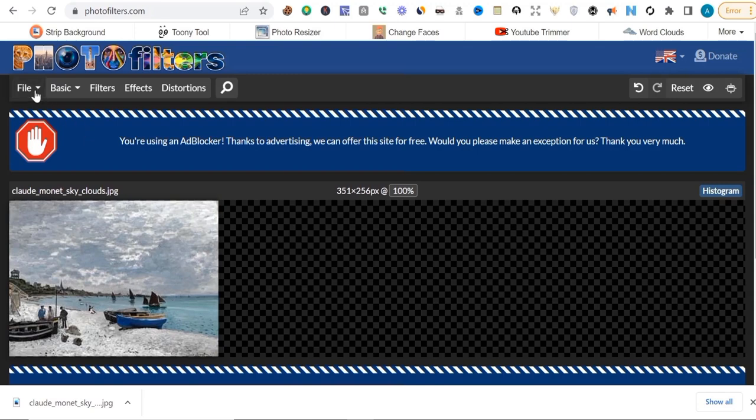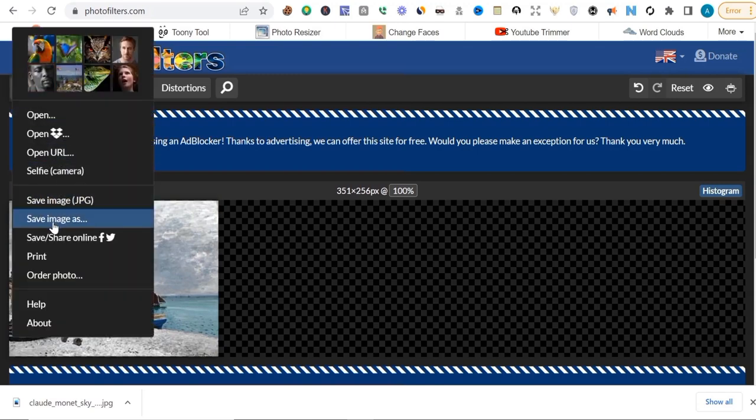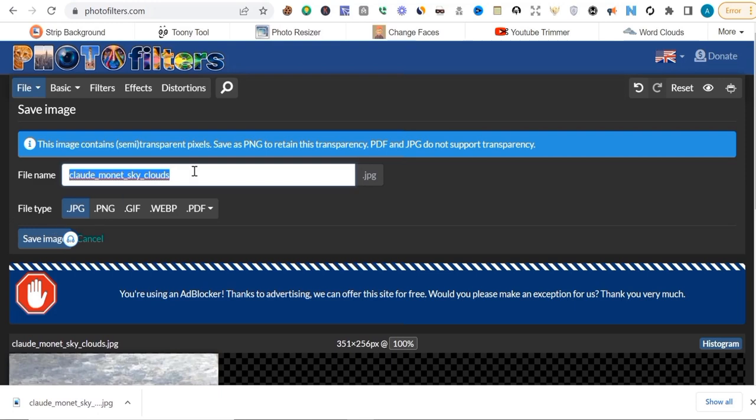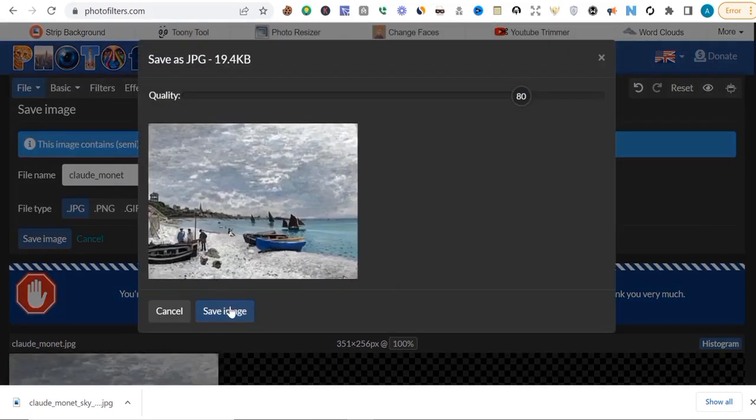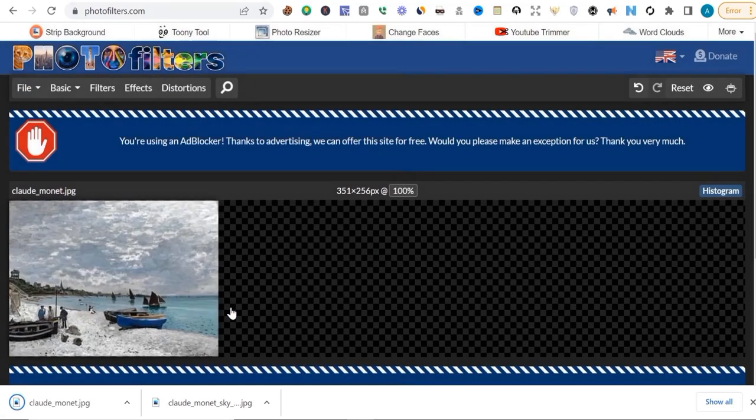Click on File, then click on save image as. You can save it with any name. Let's say I want to save this image as Claude Monet. You can save in the JPEG or the PNG format, but here I want to save with the JPEG and click on the save button. Yes, click on save. If you see the quality right now, it's 80. You can move it to 100, and you see the image brighter, far brighter than what we had before. So you click on the save button. Now we have our image saved.